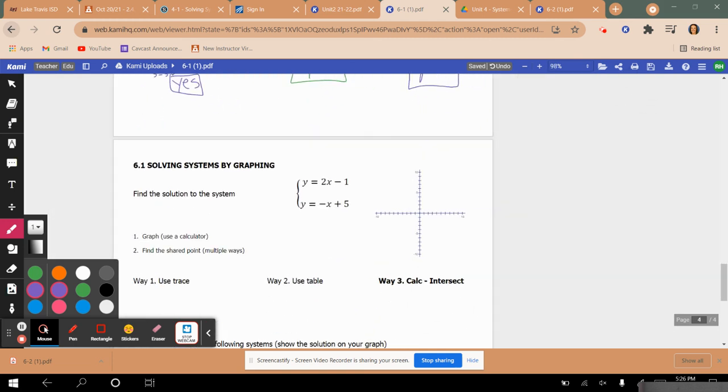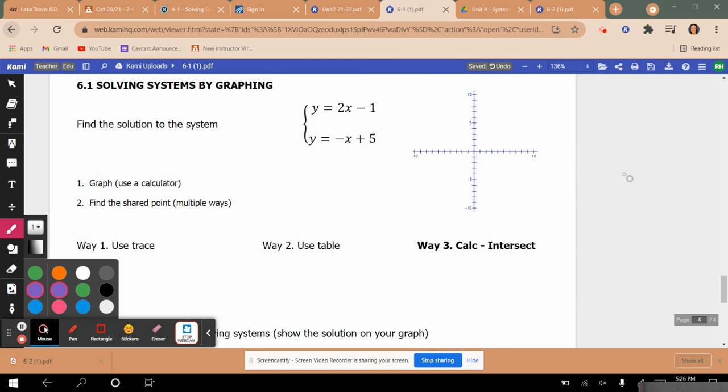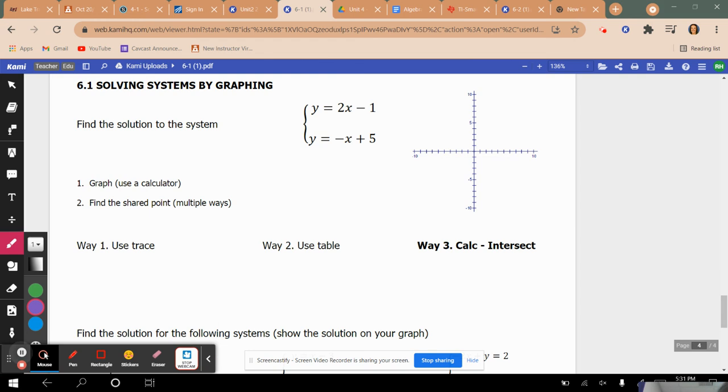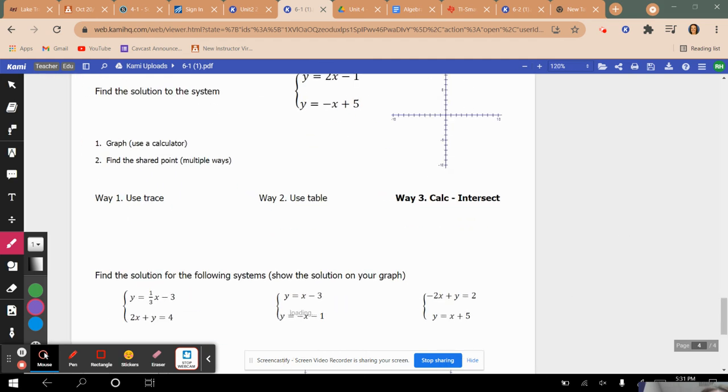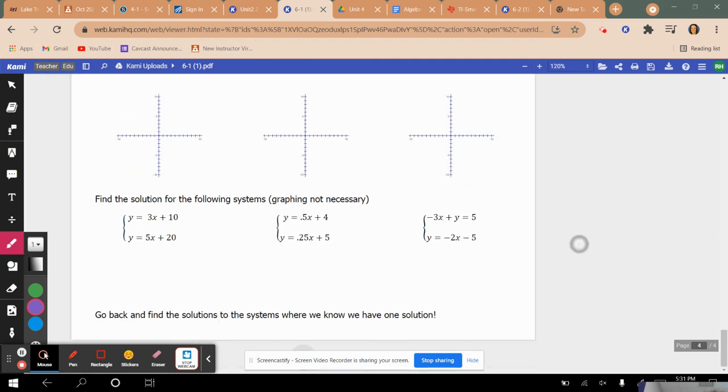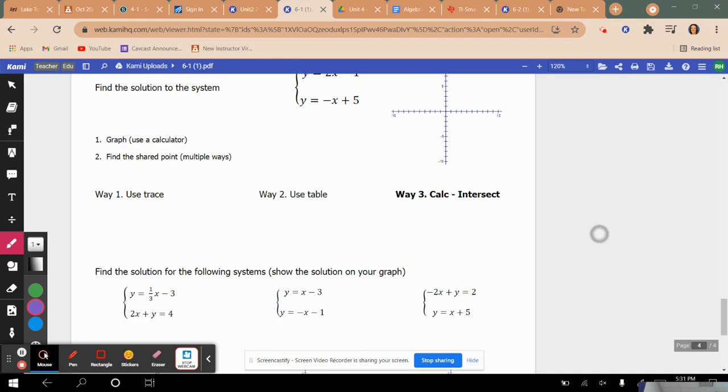Next, we are going to talk about solving systems by graphing. So go ahead and grab a graphing calculator. If you don't have a graphing calculator, I'll provide some resources. Okay, so I've tried to get the calculator emulator to work on Screencastify, which is what I'm using to record this, but I can't get the emulator to pull up as a website on here. So what we are going to do is work on these problems at the very beginning